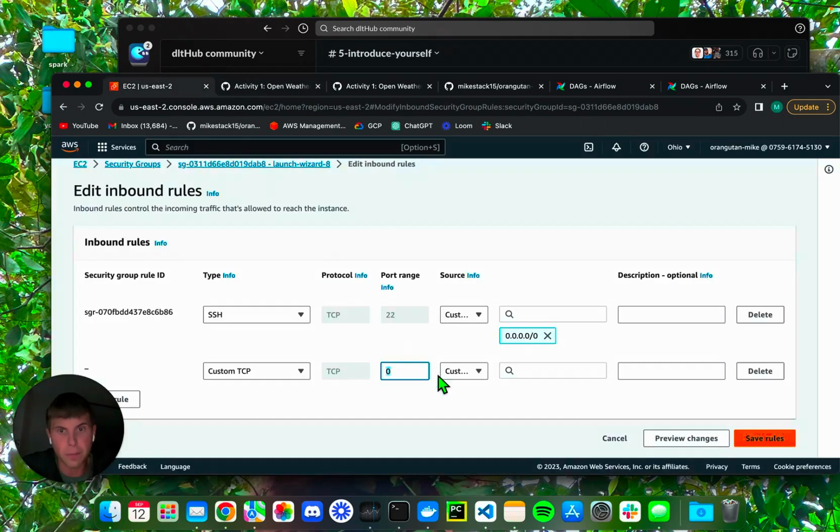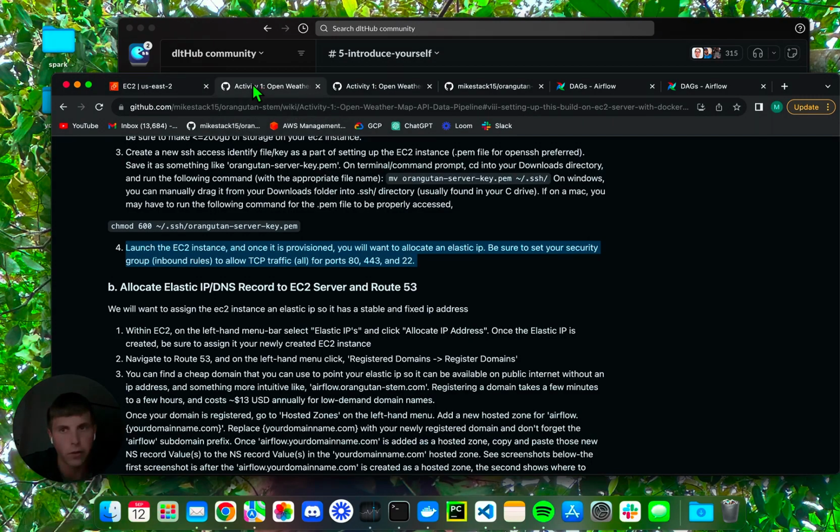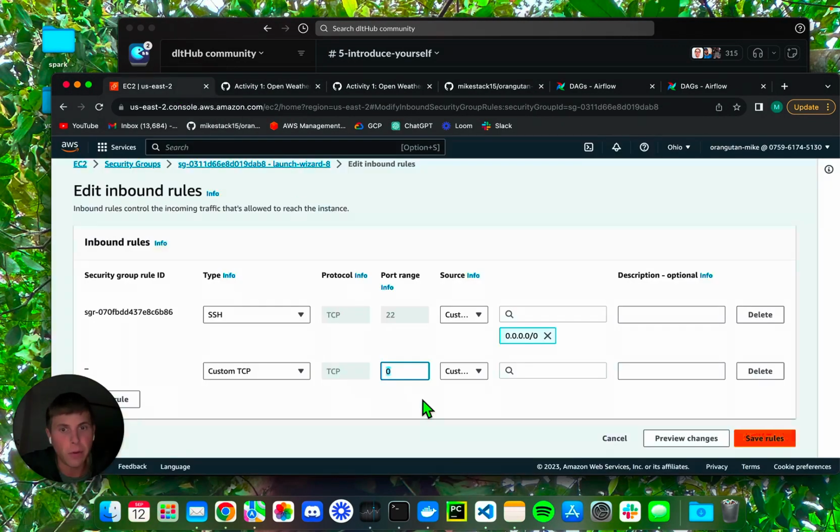So, ports 80, 443, 22, pretty much all affiliated to just general internet traffic as well as SSH. I'll let you ChatGPT or Google which are which. Again, this is not a video focused on what network IP and ports and all that stuff is for. So I'm going to want to set this up for 80, 443, and